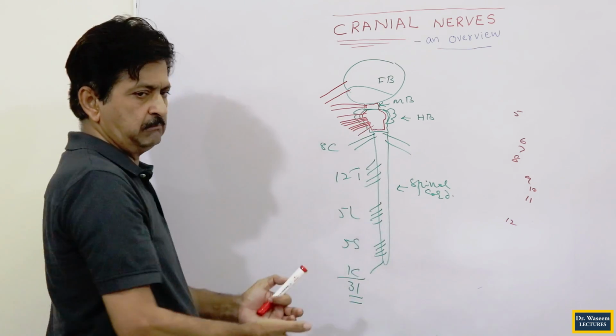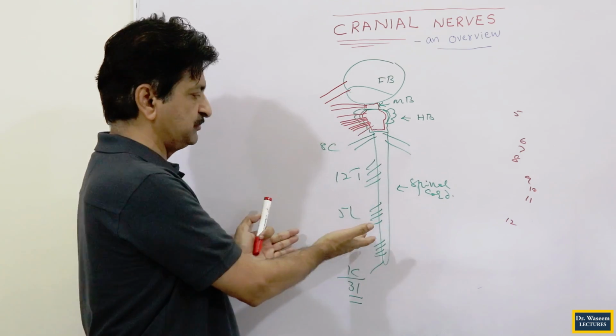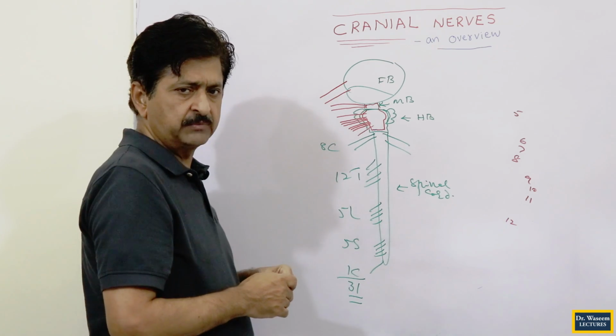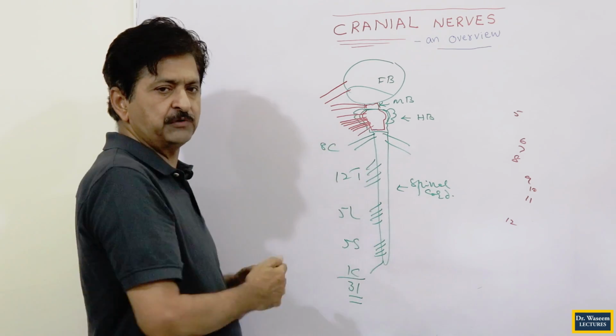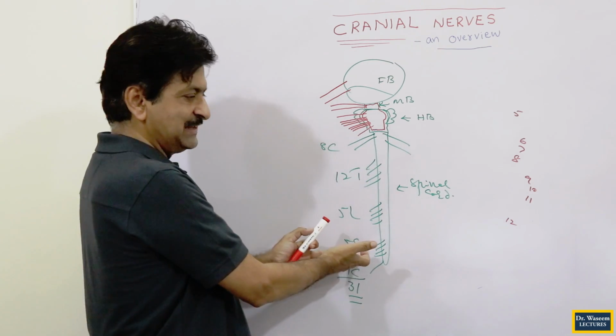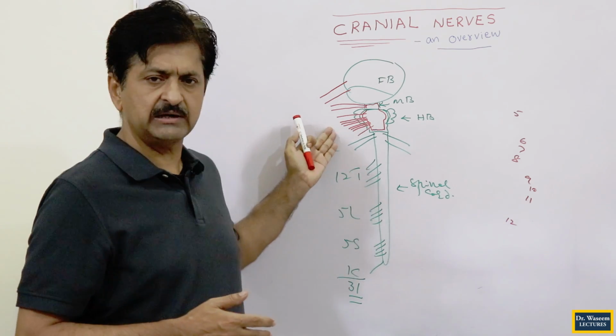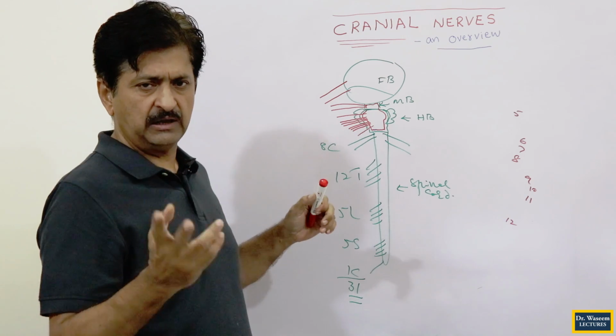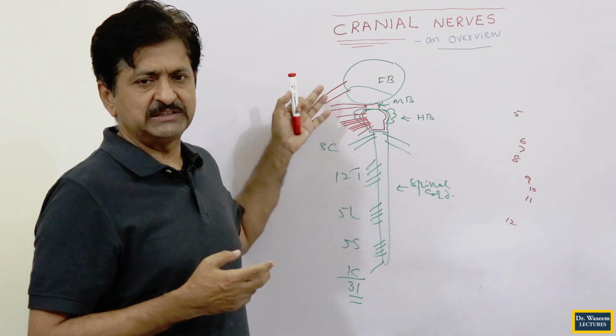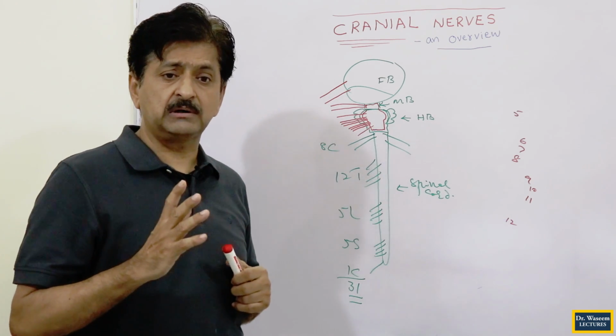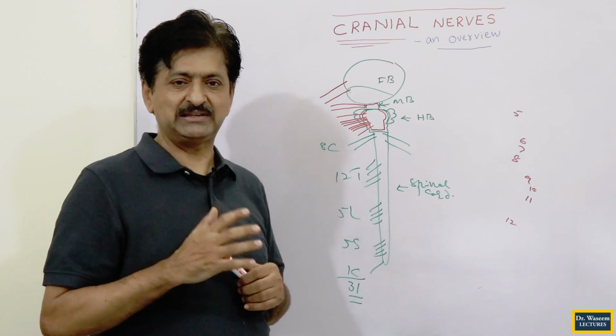And you see that they have similarity with the spinal cord, that is with the spinal nerves. They are similar, they are part of the peripheral nervous system. Okay, spinal nerves are attached here to the surface of your spinal cord. Similarly, cranial nerves are attached here to the surface of the brainstem, except the first and second, which are considered as non-classic nerves, you can say.